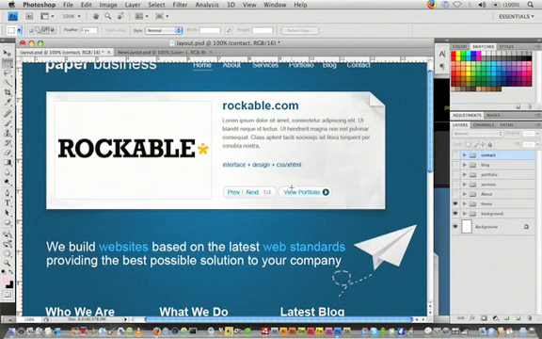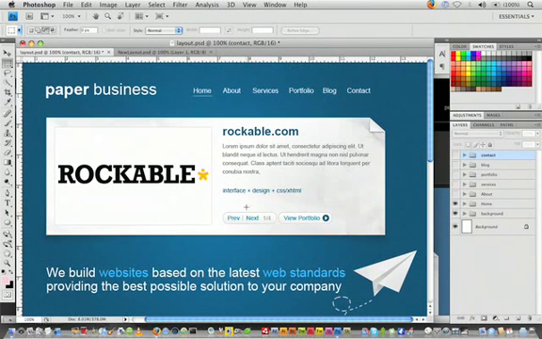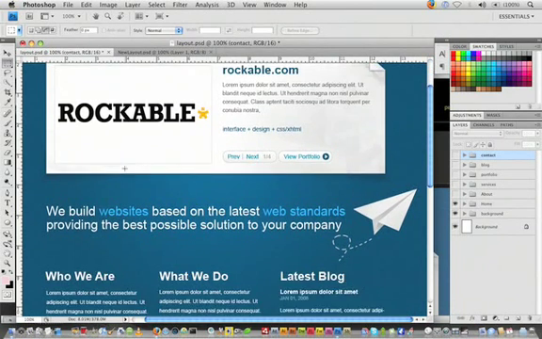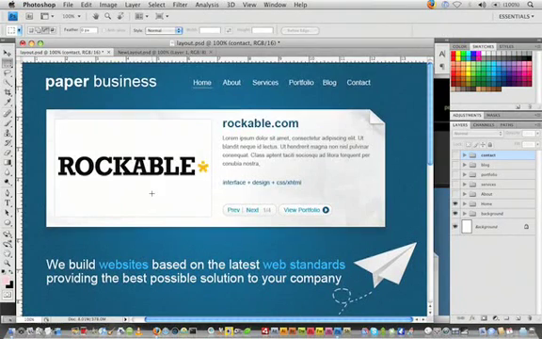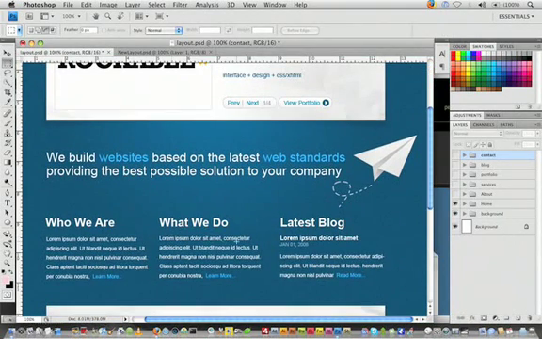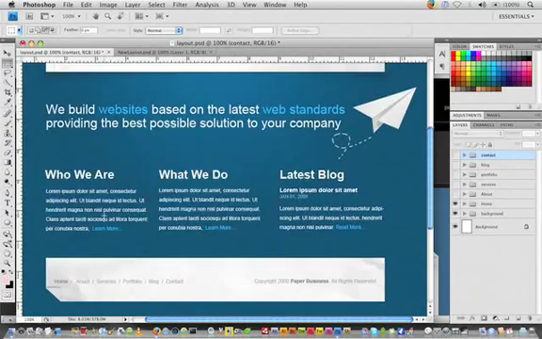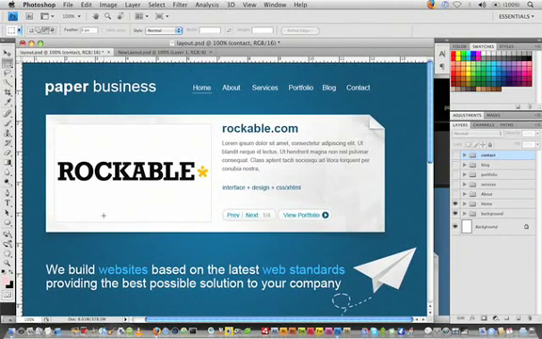One of the things I noticed here is obviously the slider and the content here. Are we going to do this as one static page? And if so, how are we going to get the different content into here? What about these three columns? Are these going to be just hard-coded HTML columns that are floated when someone writes a page? Or are we going to make it easier, and are we going to pull these from somewhere? Latest blog obviously will be easier because we're just going to pull that from the blog, but what about who we are and what we do? How do we get all of this here, making it easiest for the user? These are all things that we need to keep in mind here and talk about. So